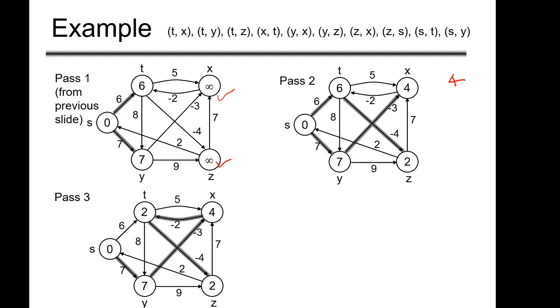In pass 3 we'll go to X, and then we will explore this edge. Suppose we take this path, then what is the value of this path? From S to X we can reach in 4 weight, and we can go from X to T, and it is a negative weight, right? So we can reach from S to T in weight 2, which is much better than the previous weight. The weight was 6 at this point. So we will update the weight, right?